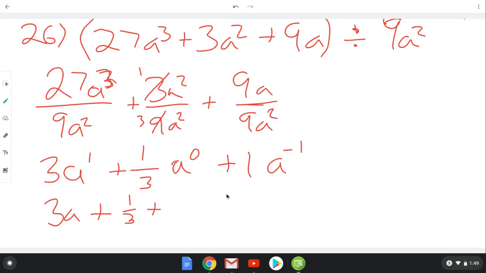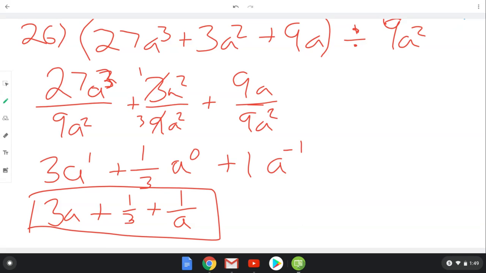Plus, I don't want to leave this as a negative exponent. I want to have this as a positive exponent. So I'm going to write this as 1 over a. So this is going to be my final answer. So remember, we don't want to leave a negative exponent in our final answer. So I need to write it like this in my final answer. So this is our final answer